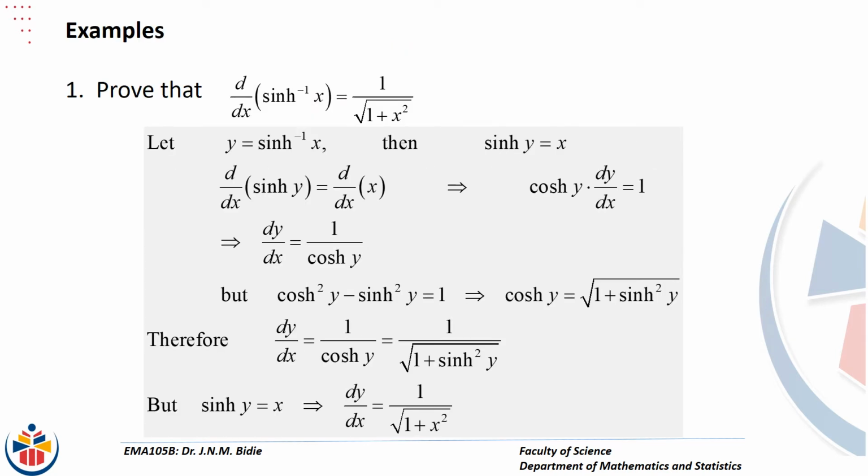Let's do some examples. The first one is to prove that the derivative of arcsinh x is 1 over the square root of 1 plus x squared. Exactly the same thing that we did for the inverse trig function. Let y be equal to arcsinh of x, and then it means x is equal to sinh y. Find the derivative of sinh y equal to x using implicit differentiation